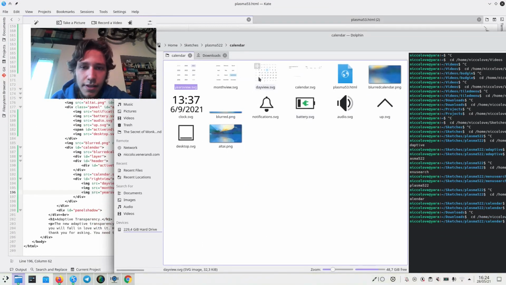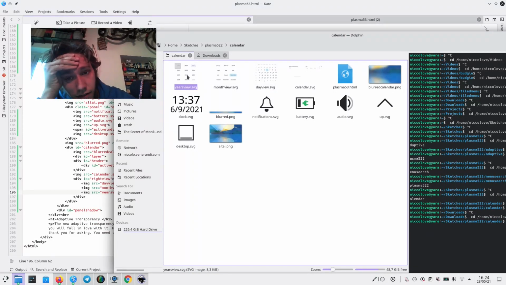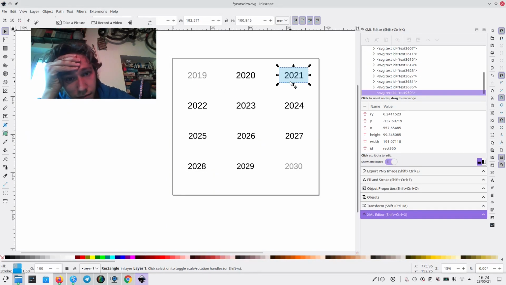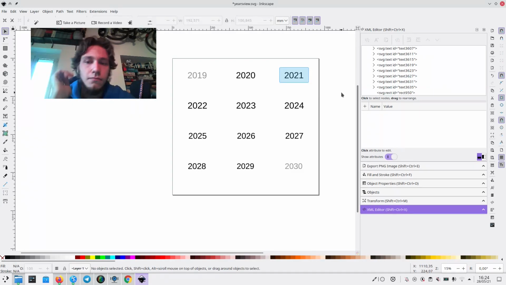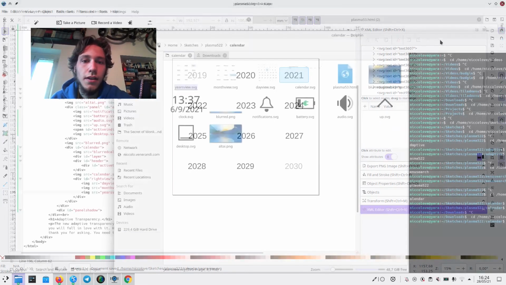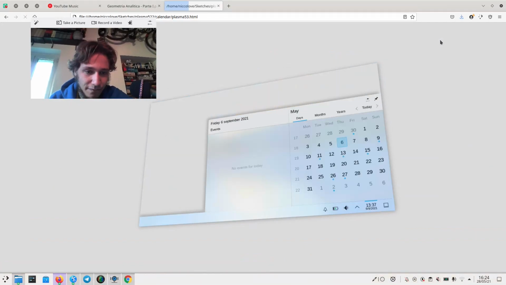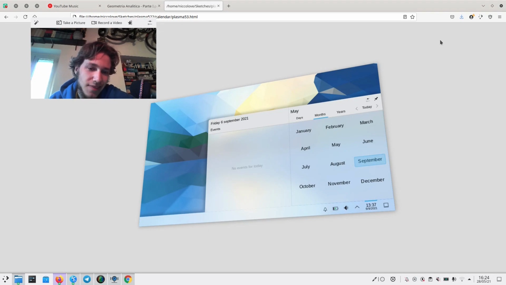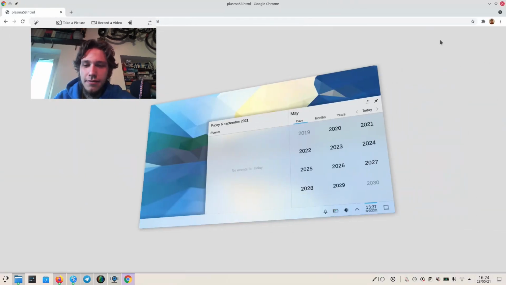The year one is slightly badly aligned. Let's fix it. My computer is so slow when it's recording. Better. It's slightly blurry, but